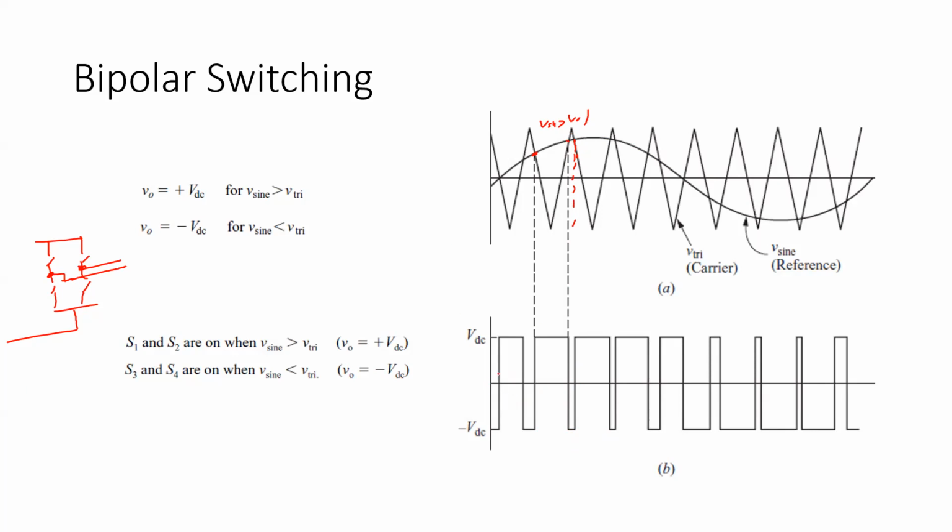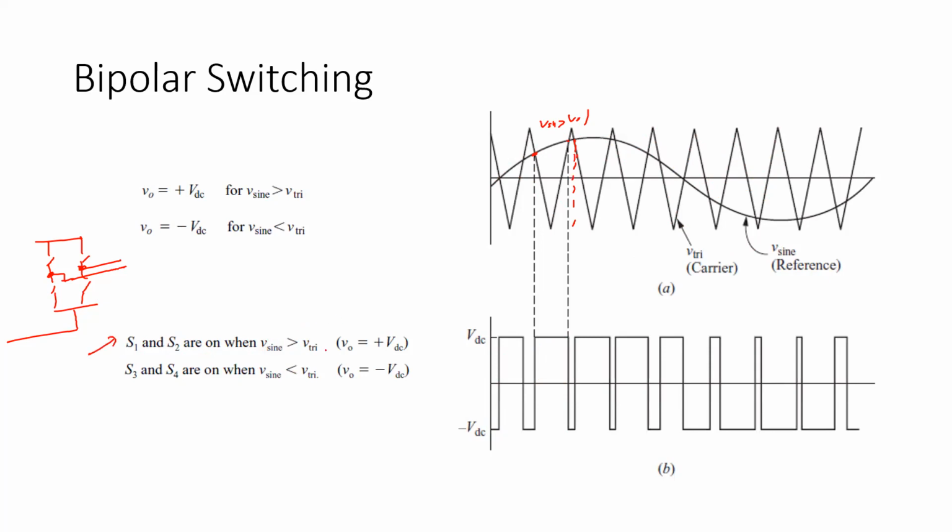This is actually done using a microcontroller, and the theory is very simple. You have two reference signals. These are inside the microcontroller, so you don't see them. In a DSP controller, there will be a sine wave generator and a triangular wave generator. They compare these two, and according to the values of the triangular waveform and sine waveform, they put out the gate pulses, as you obtain VDC and minus VDC as here. So this is the logic.